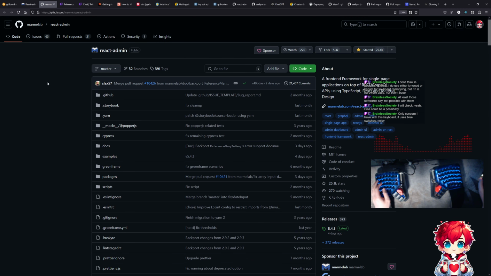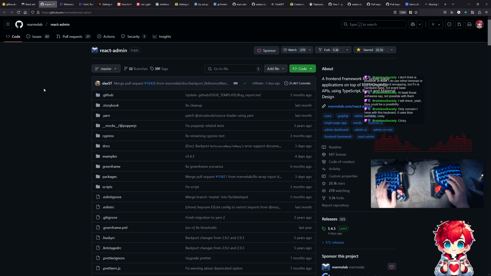Brainless says, only concern I have with this keyboard, it uses blue switches. Oh, as in the kind of, yeah, that's what it's called, right? It is. I mean, it is literally a switch. The thing underneath the keycaps are switches. Noisy, clicky. Yes. I forget what kind of switches I got for this. I think it was the recommended ones for the Moonlander, but